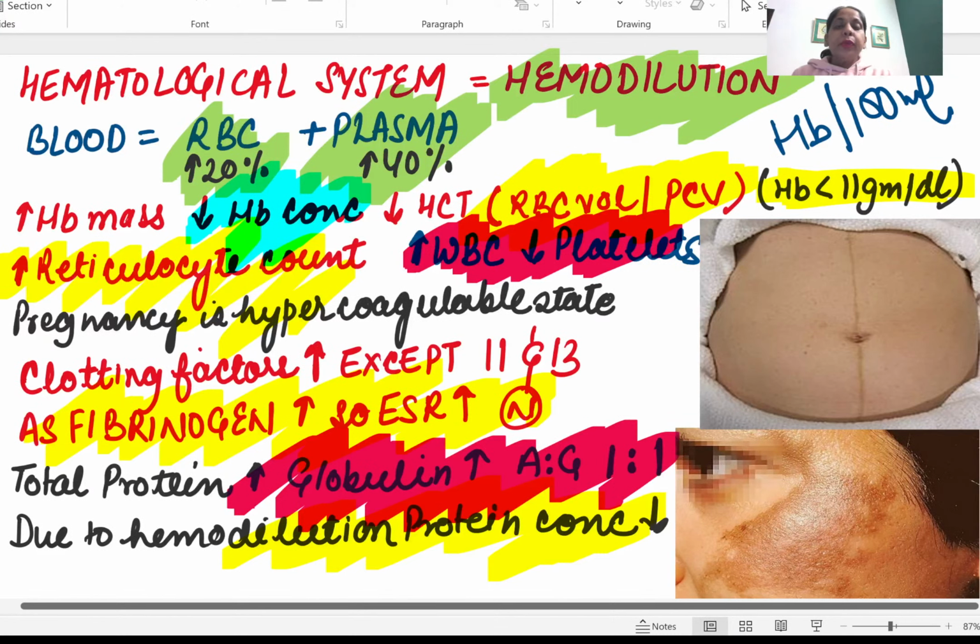So yesterday we did what were the physiological changes occurring in the hematological system, and there we studied that hemodilution has occurred. There is increase in the RBC cells by 20%, but the increase in the plasma of the blood is by 40%. So as a result,